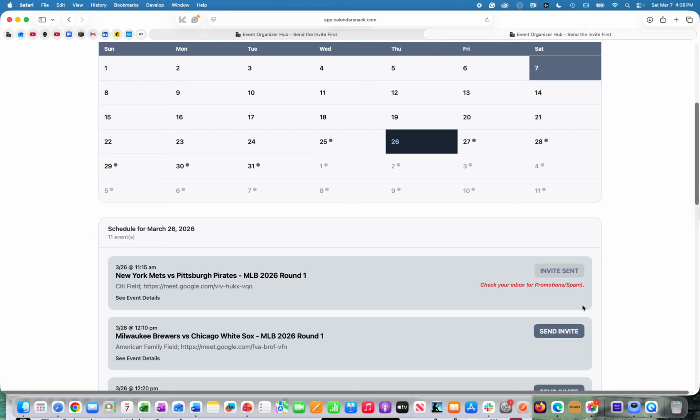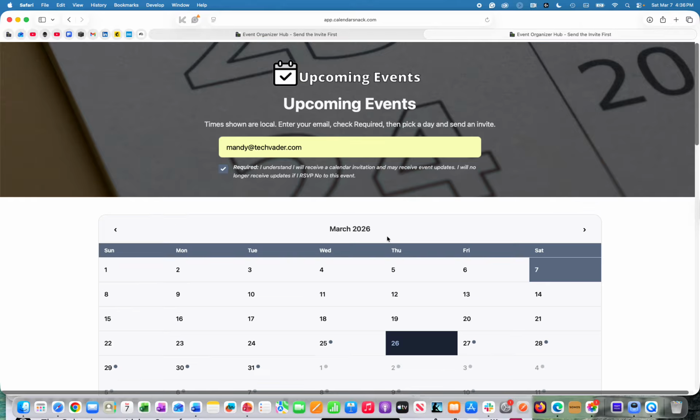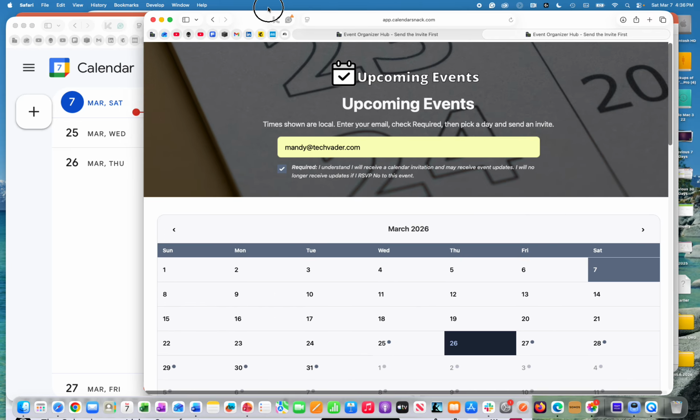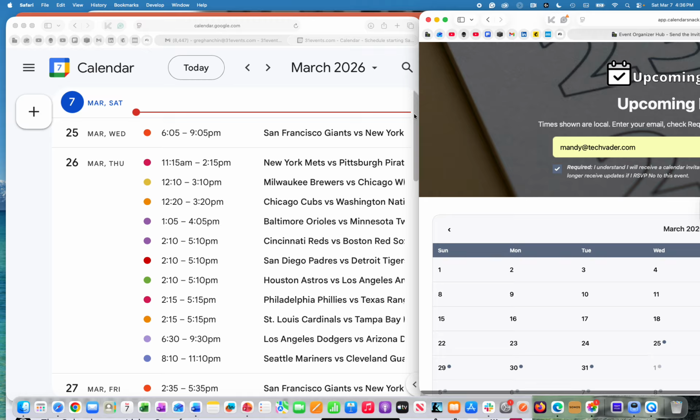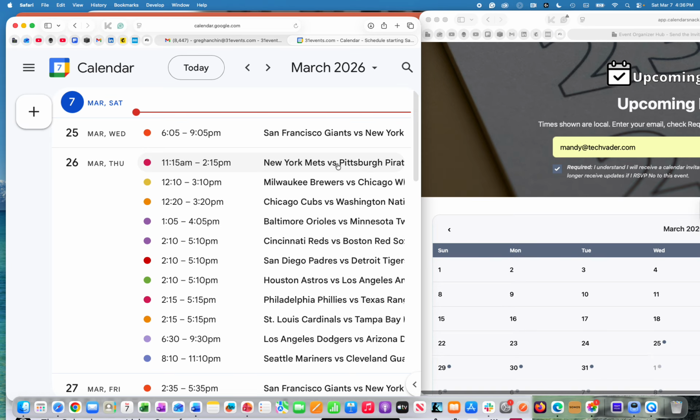Now, if you can get your head around the fact that there's 2,400 games, we have them loaded here in the Shareable engine. The Shareable engine itself is actually a data repository, and that data repo comes from somebody's calendar. In this case, for demo purposes only, I am looking at the New York Mets, the Pittsburgh Pirates. This data came off my calendar. It was bulk uploaded and then injected into our shareable landing pages, which have various configurations using AI.